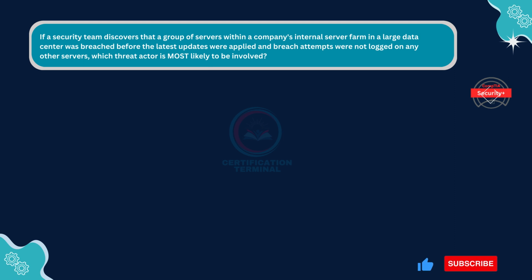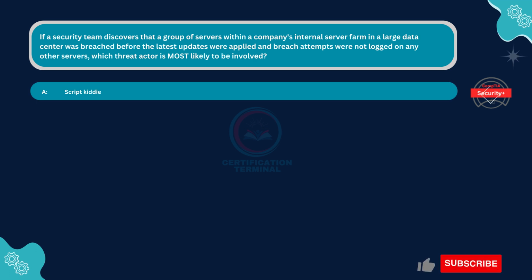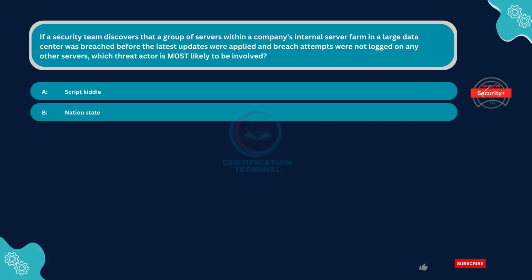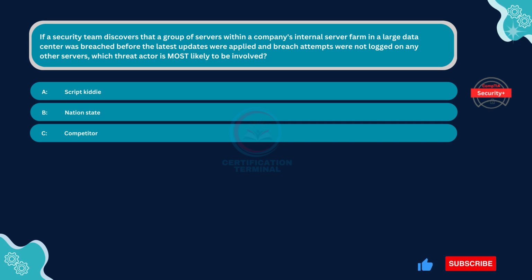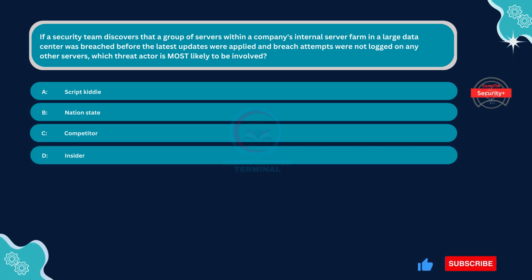Next question. If a security team discovers that a group of servers within a company's internal server farm in a large data center was breached before the latest updates were applied, and breach attempts were not logged on any other servers, which threat actor is most likely to be involved? Option A, script kiddie. Option B, nation state. Option C, competitor. Option D, insider. The correct answer is Option D,